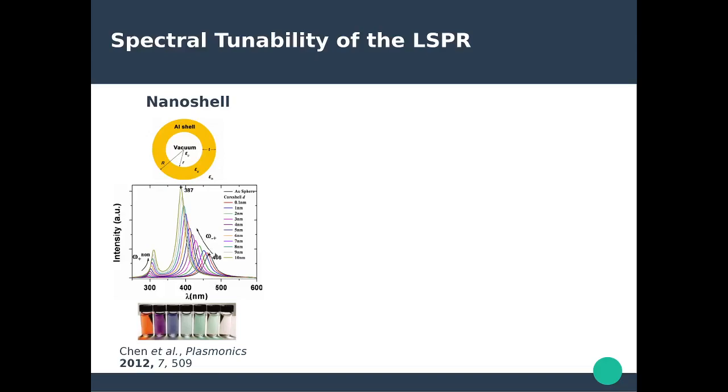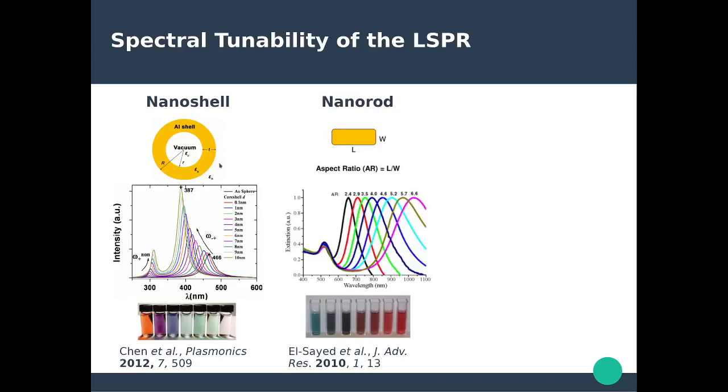So you can really tune where you want the plasmon resonance to be by just changing the thickness of the nanoshell. You can do something similar with nanorods or elongated particles in general. If you change the aspect ratio, you can really tune the plasmon resonance over a large spectral range. So this black spectrum, for instance, shows the longitudinal dipole resonance of a gold nanorod with an aspect